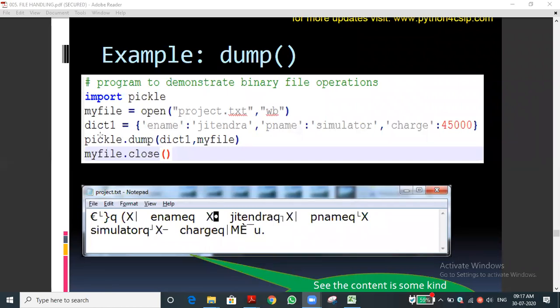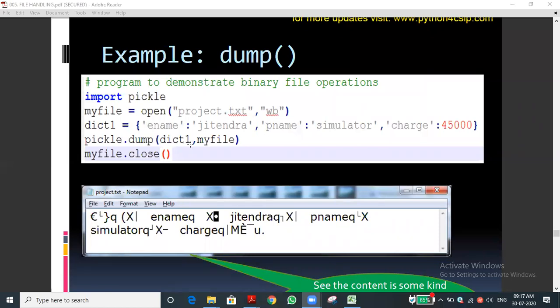Okay, next you see dict1 is a dictionary name. So we are writing the dictionary, with key and value pairs, as we discussed in the second chapter itself. Suppose we want to store the dictionary, meaning we want to write the dictionary into the file. We have to use this format: module name dot dump, that is pickle dot dump of, here the object means what we need to write. I want to write this dictionary, so the dictionary name.